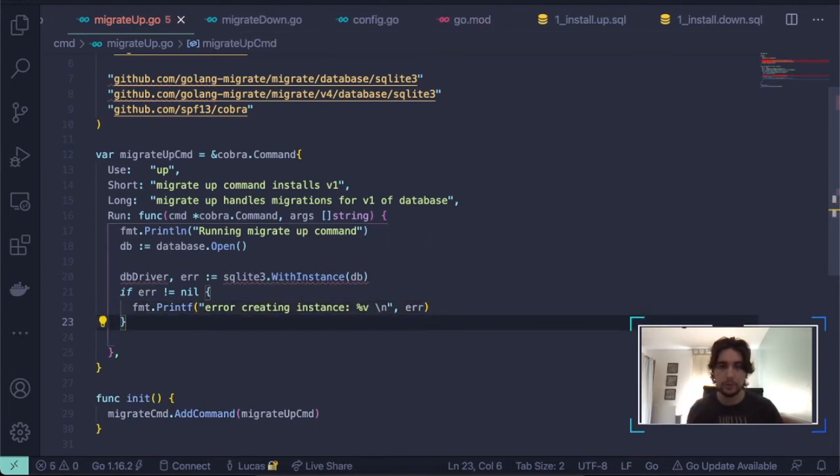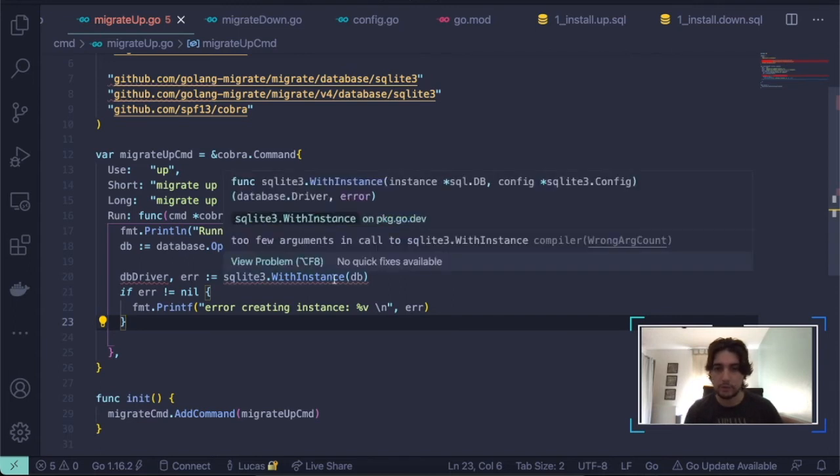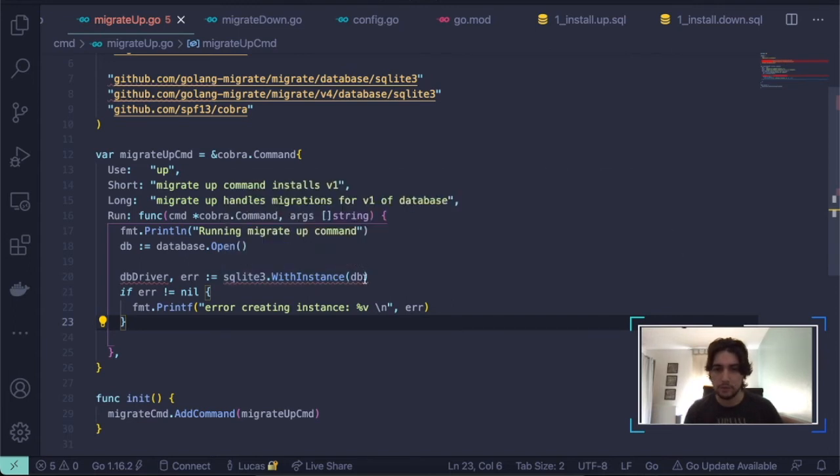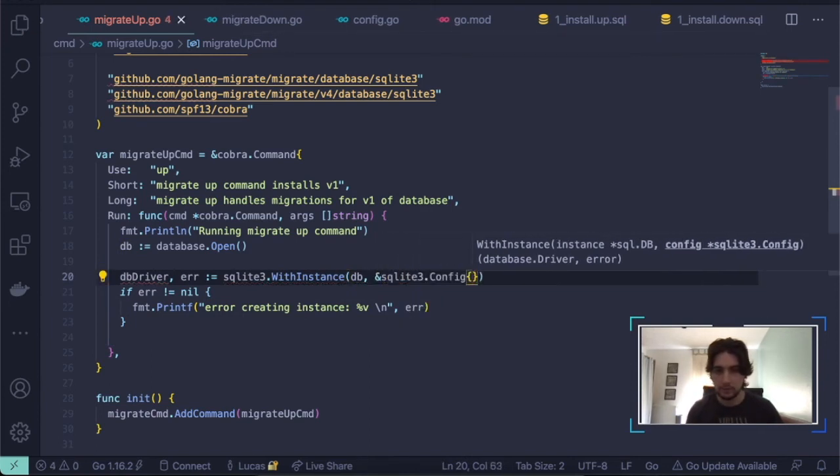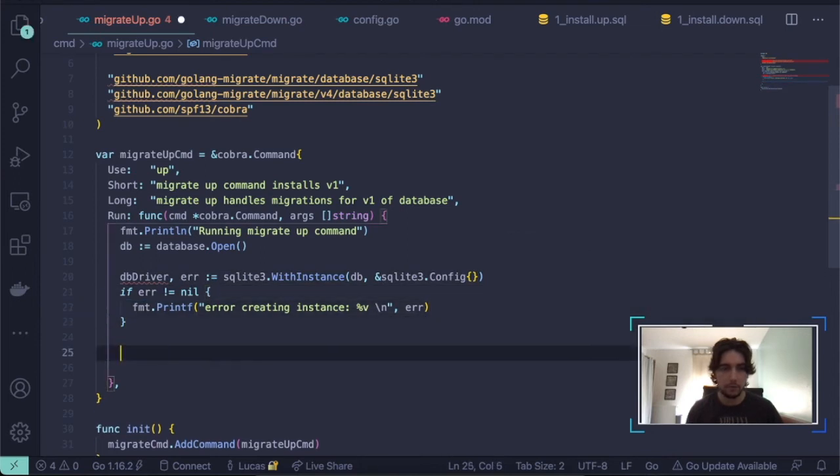Okay, cool. What else we got? And just an empty config struct. Okay, so let's say SQLite config. Okay, now once we have our DB driver, what we want to do, this actually, I found this in a